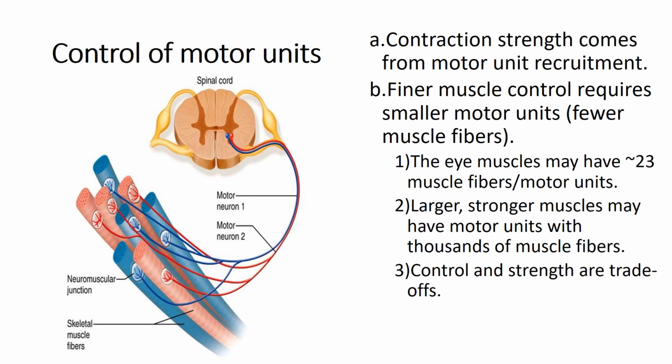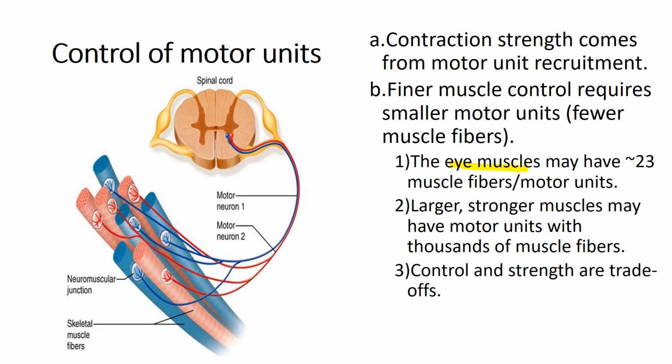So with control of motor units, there's going to be one of two things. Either it's going to be for fine control or for strength control. And so with fine control, this is when we have smaller motor units that are going to contain as few as 20 muscle fibers per nerve fiber. And so we see this with the eye muscles, and this allows for greater dexterity because of a lower neuron to muscle fiber